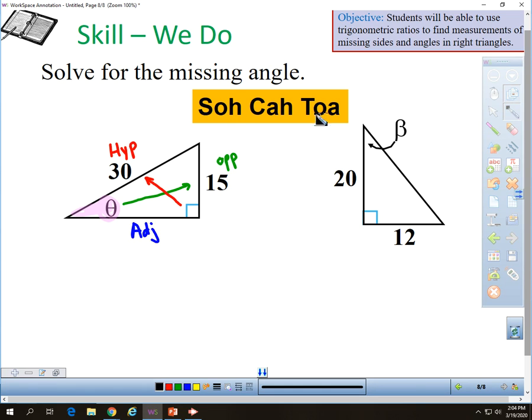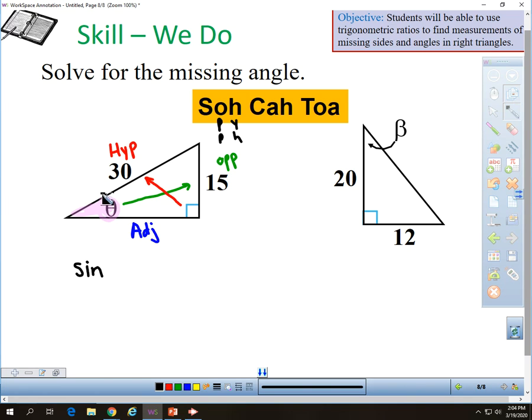If we look at the SOHCAHTOA, the mnemonic that is useful when solving problems involving right triangles, we have opposite is 15 and hypotenuse is 30. So the trigonometry function that uses opposite and hypotenuse is sine. So opposite and hypotenuse. That means that when we use sine,